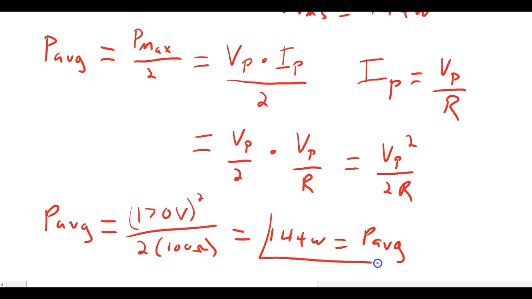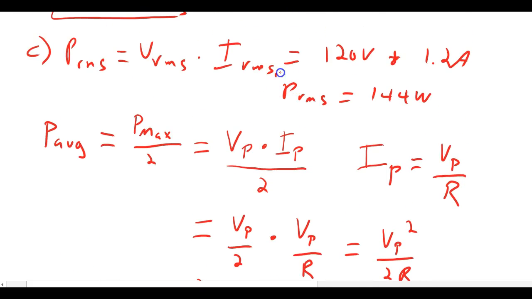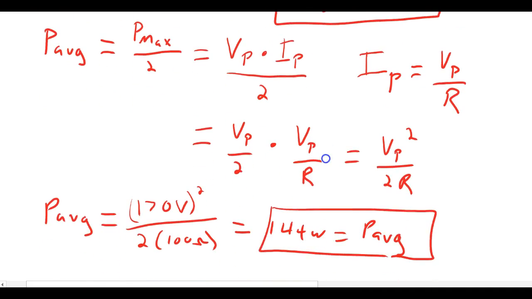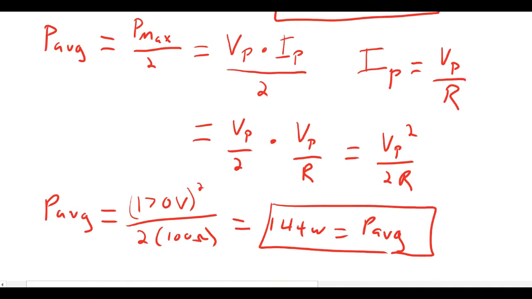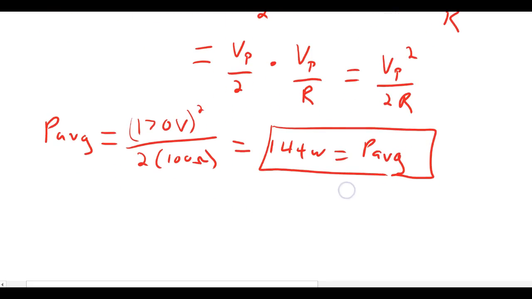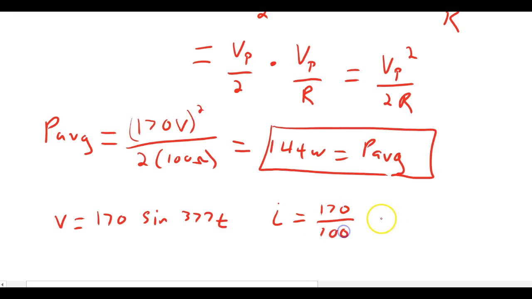Now, this question has been designed to show that the average power in the resistor and the RMS power in the resistor are equal, and that has to do with the way that the power waveform is shaped, because remember that if the voltage is 170 times the sine of 377t, and the current waveform is equal to 170 divided by R times sine of 377t,